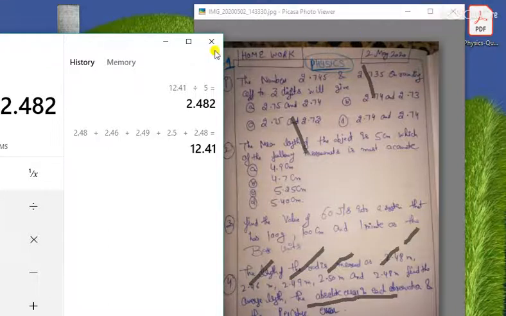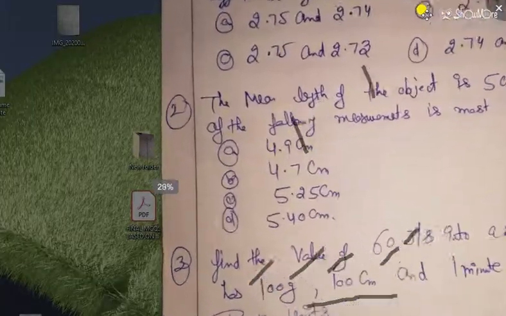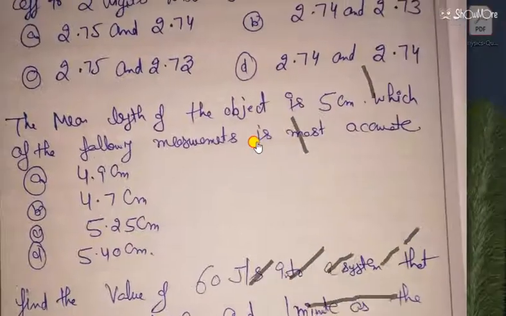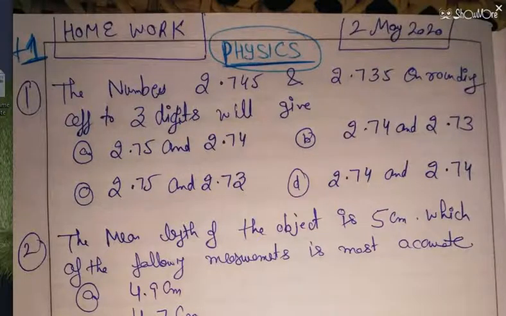My basic aim for this video was to clear the concept about these two questions that we have done in this video. The concept of the first question is about not checking this value. In the first question you are not supposed to check this value 4, because I am rounding it off to 3 digits, so I have to check the value after 4. After 4, 5 is there, so I have to check whether the earlier digit is odd or even.